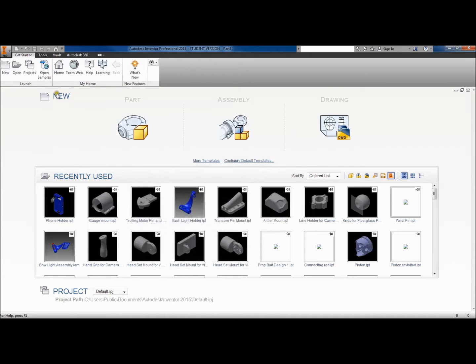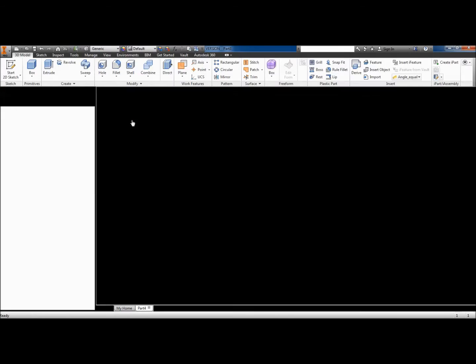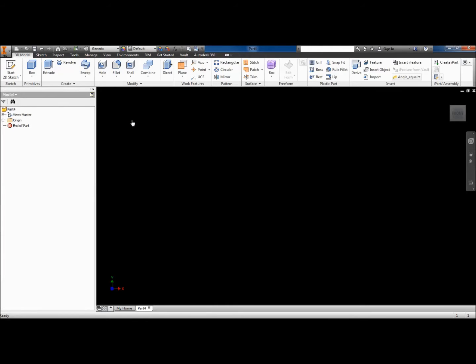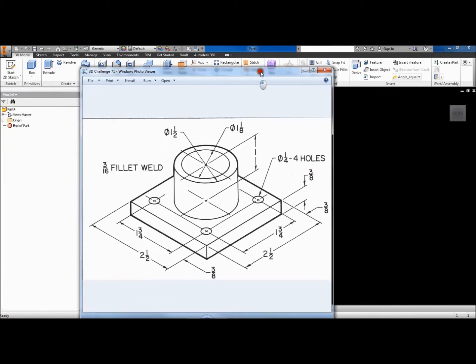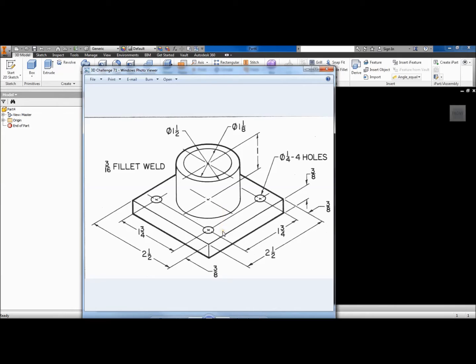First thing I'm going to do is pick a template for a new part, and we are in inches. If you look at this and we want to determine where to originate the part, I kind of come at that from 2 different angles. Number one, what's the base of the part? If you were to look from the bottom of this part as it's oriented,